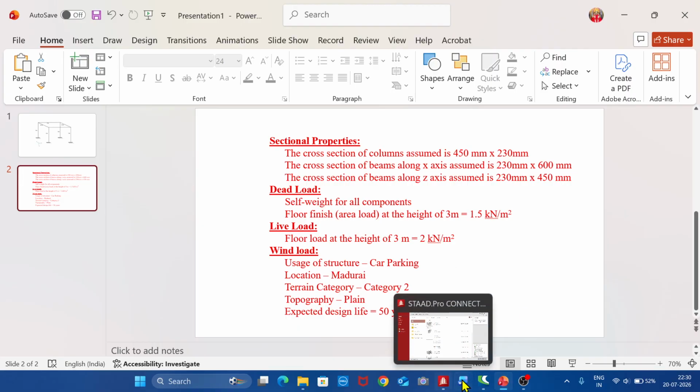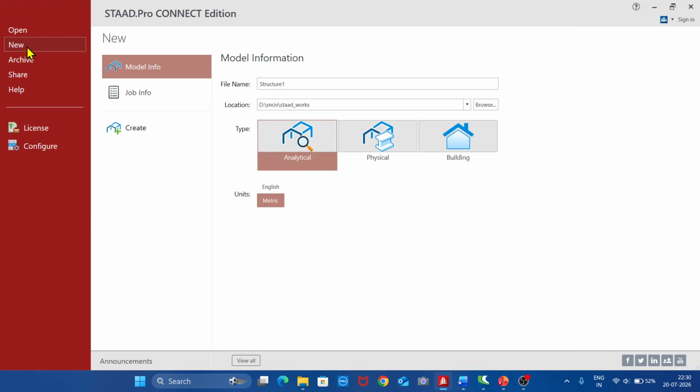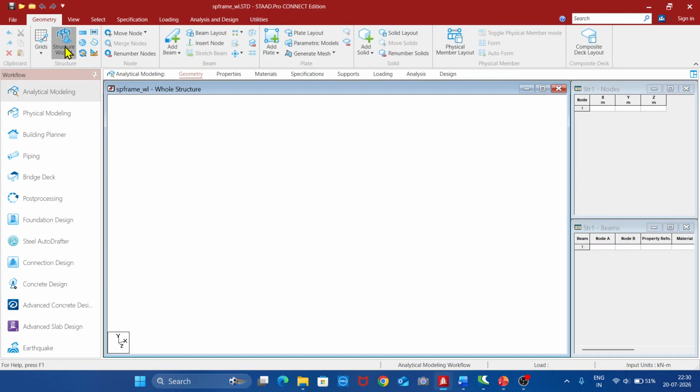So let us open this STAAD screen, click new, say space frame. Space frame subjected to wind load. So let it be the file name like this, location, metric, to create a structure wizard,